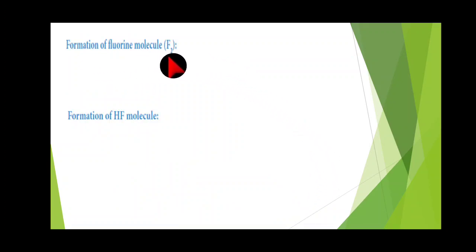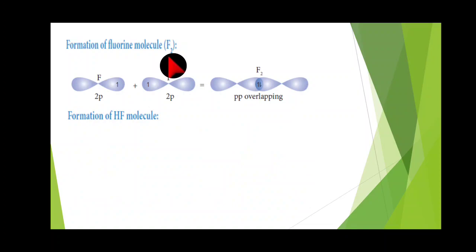Okay, formation of fluorine molecule. So just now we have seen the formation of the hydrogen molecule. For the fluorine molecule, we know very well the electronic configuration of fluorine, 1s2, 2s2, 2p5. The outermost alone we can take, 2s2, 2p5. The 2p5 orbital splits into 3, and we can write it as 2px2, 2py2 and 2pz1, right?